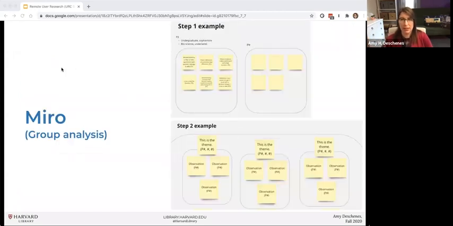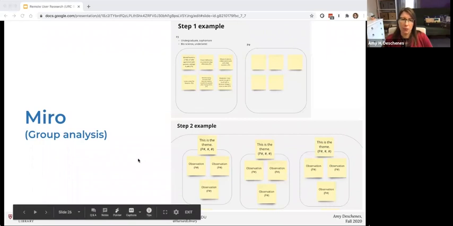After this, once all the data was collected, we did end up using Miro for a collaborative group analysis session. Similar to if you've done affinity diagramming in the past with Post-its, we had a group of staff members and interns take the participant information, jot down things they were noticing that were similar between their journey maps on Post-its, and then we grouped them all together to elicit those final themes and those findings that I just shared.